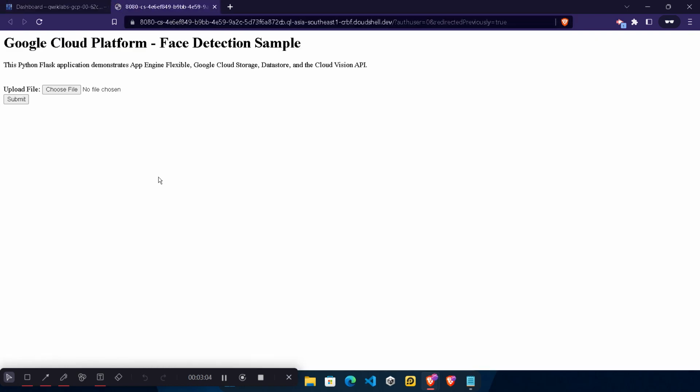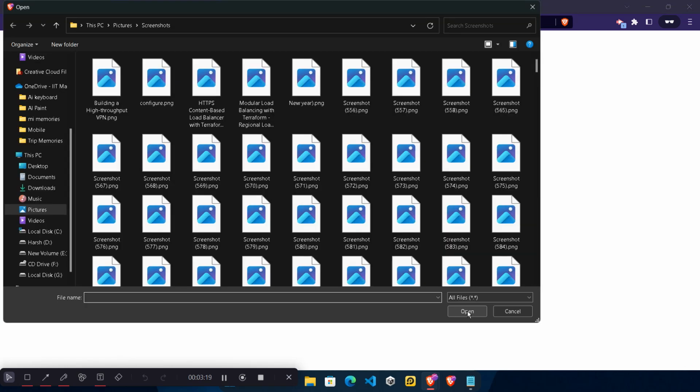Here you need to upload certain files. So if you face any issue, in any case here, then simply refresh the page. If you have any problem, then simply refresh the page. You will see the interface like this. Okay. Now from here you need to choose certain files. So click on this choose file and you need to upload any image from your folder.